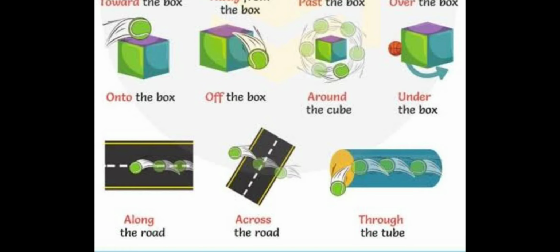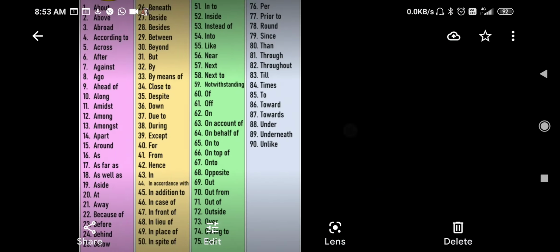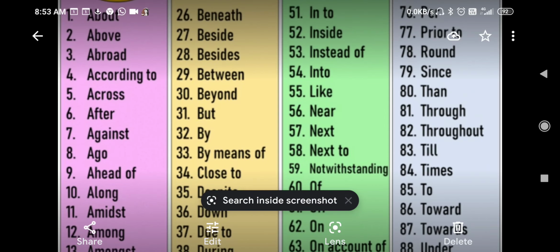Across the road यानी कि एक तरफ से दूसरी तरफ, through यानी कि आर पार, through the tube यानी ट्यूब के एक साइड से दूसरी साइड तक। मुझे लग रहा है आपको समझ में आए होंगे।